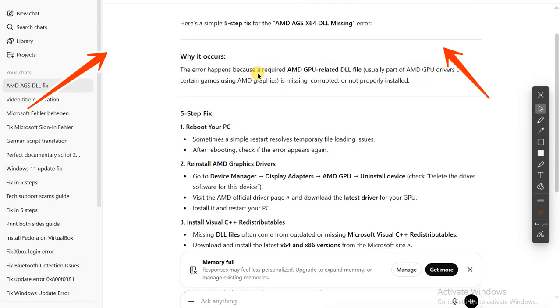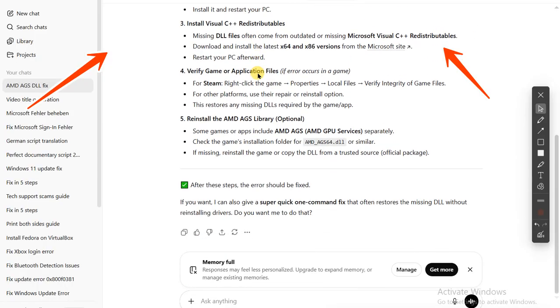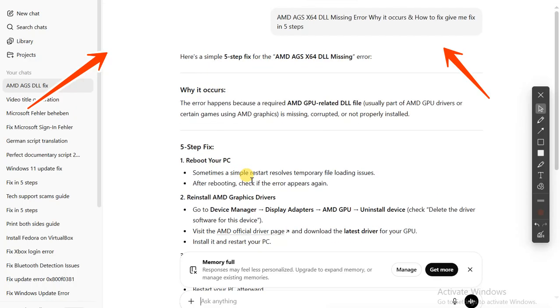Open Settings on your computer. Go to Windows Update. Now click on Advanced Options. Scroll down and open Optional Updates. If you see an AMD graphics driver update, install it. After that, restart your computer and launch the game again. For many people, this